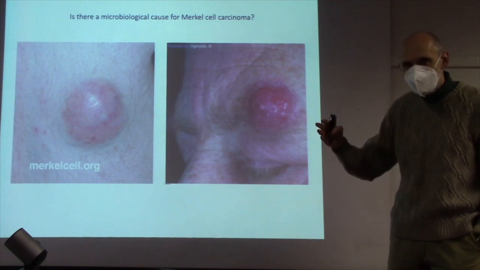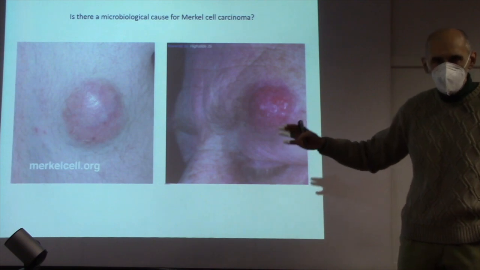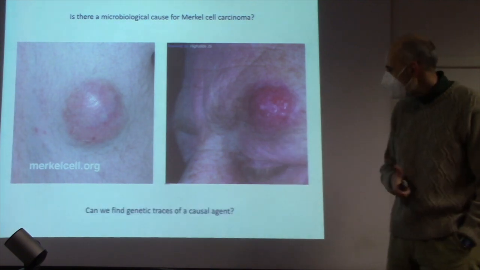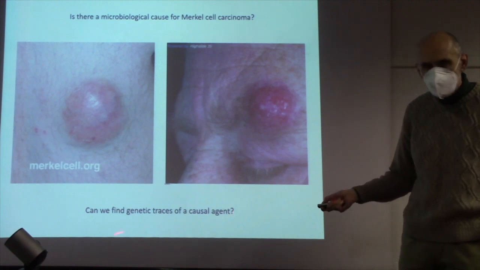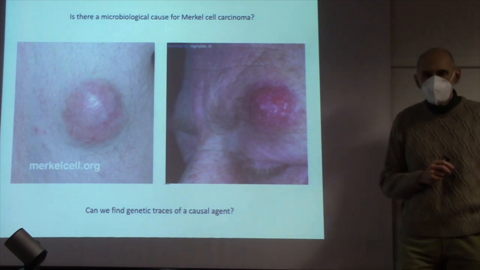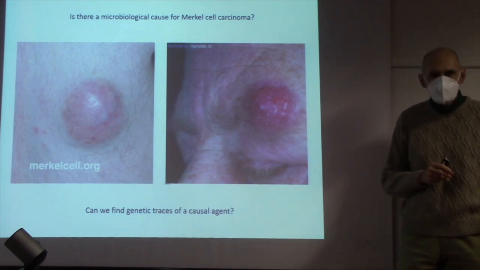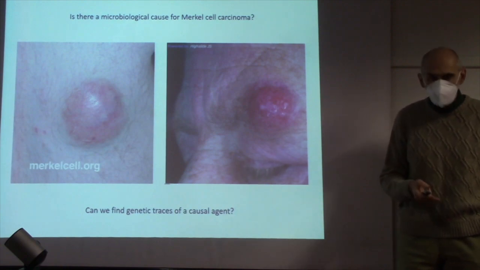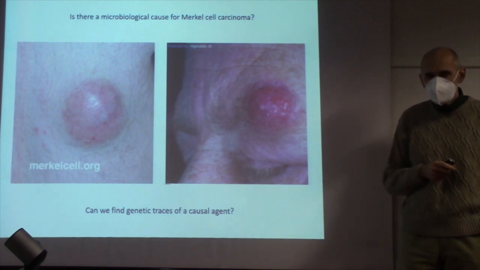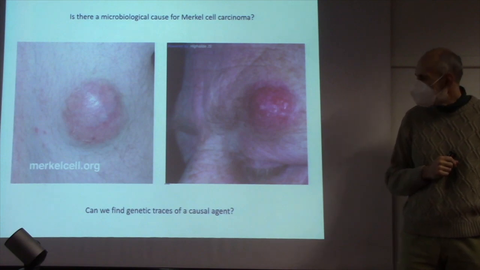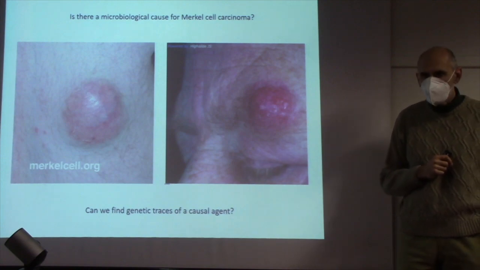Through a process of progressive refinement, probably the authors came to this idea: can we find genetic traces of a causal agent? As I said, at times the causal agent is not there. Say it's a virus. You can look at the tumor with a microscope, even the electron microscope, and you won't find the virus. But in the instances of infectious tumors that we know of, there are always at least remnants of the genetic material of the